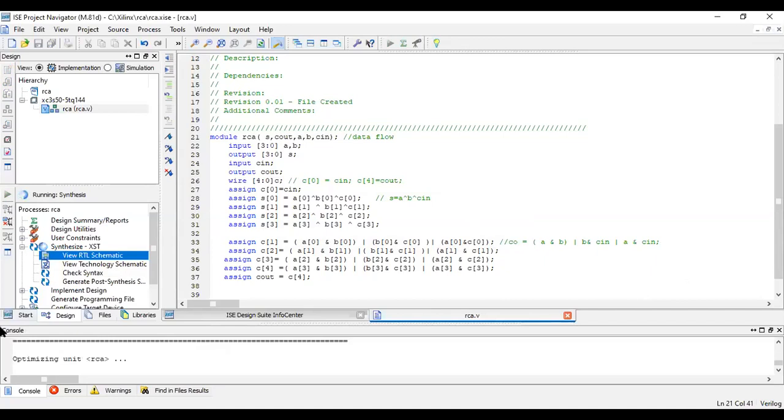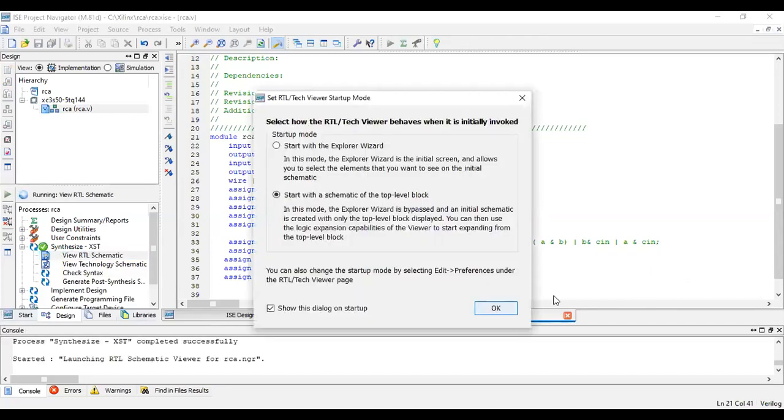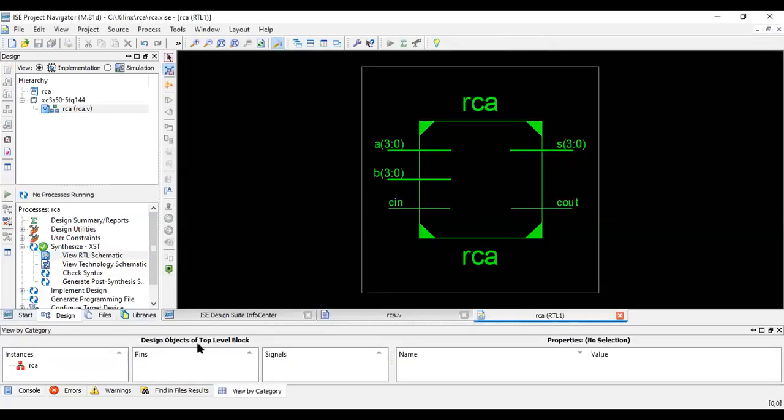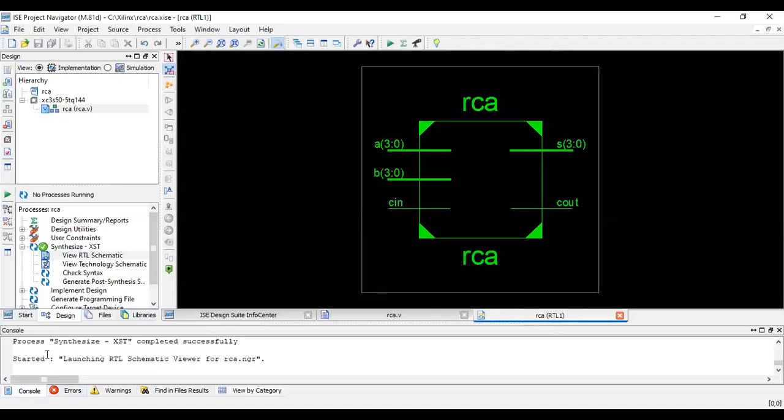Now in the console window, here I have the console window in the bottom part. So in the console window, you can see so many things running. Let me drag this console window so that you can see what the console window is. Before that, we'll finish this and come to the console window.